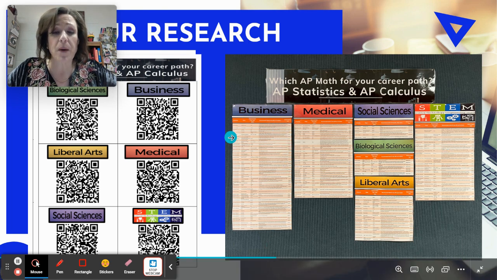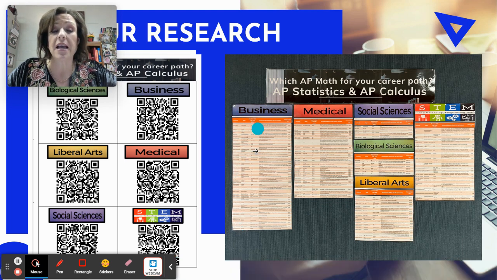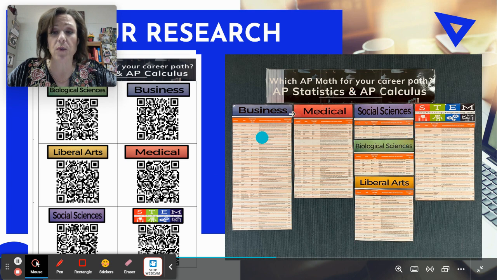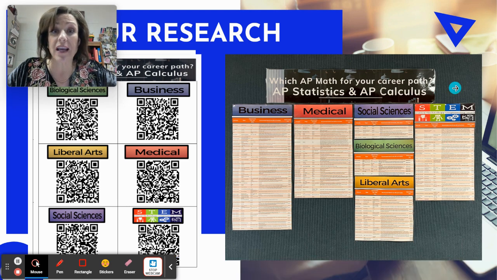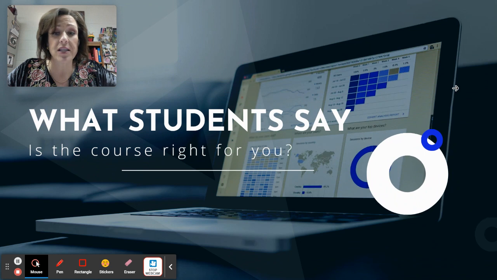So you can go by this poster. They're alphabetized by university, so you could even look at the university area that you're thinking of going to or interested in. So please take time to go by this, or click on the QR code and it'll take you to these exact same sets of data for you to look at and decide for yourself.